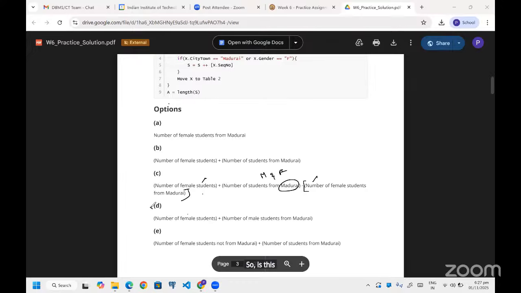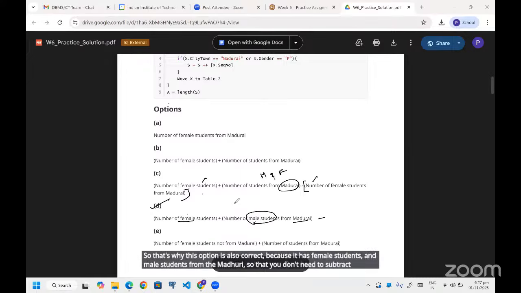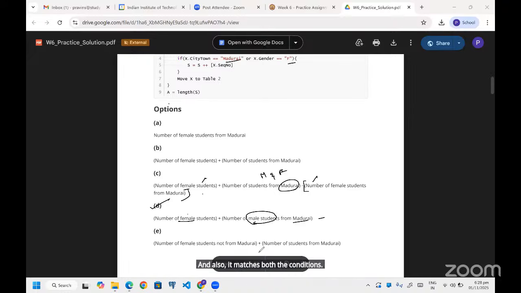So that's why this option is also correct, because it has female students and male students from Madurai, so you don't need to subtract anything, it doesn't have any common part, and it also matches both the conditions, right? Similarly, for the E option, the number of female students not from Madurai and the number of students from Madurai.